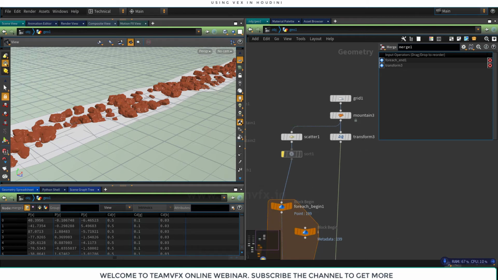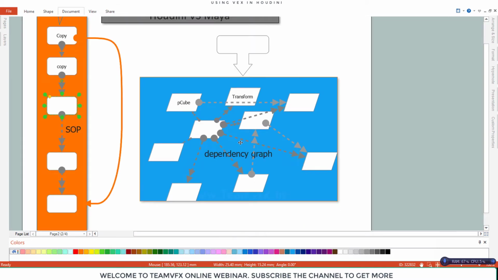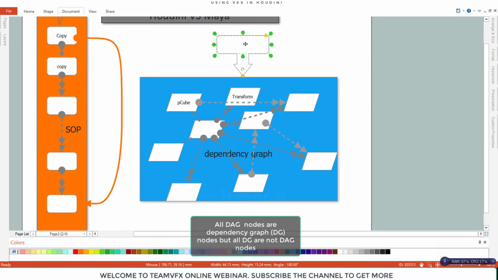But in Maya, the concept is quite different. Maya has a very different concept of node structure. Whenever we create any node, like if we want to create a polycube, in the background of Maya, MEL actually runs, and that MEL creates the dependency graph.